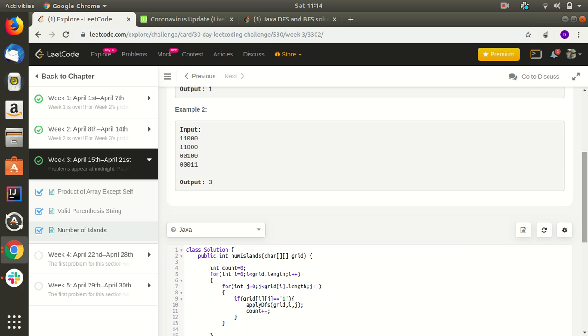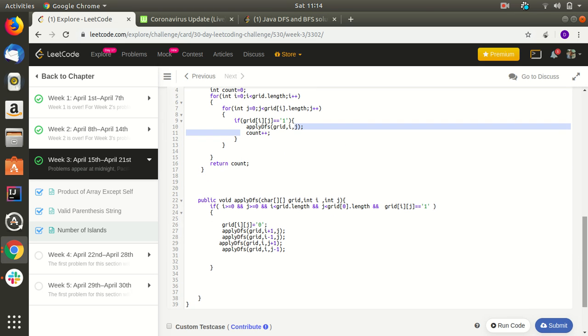Over here also, suppose this first one is converted to 0, then this one will be converted to 0, then this one and this one. So 0 0 0 0, and this will become one island. Again over here, this one is not connected, no adjacent node is 1, so it will not get iterated further and it will become 0, and this will be counted as one island. So in this there will be 3 islands.